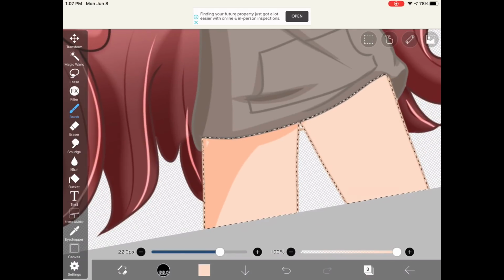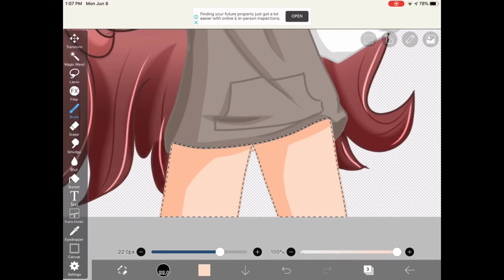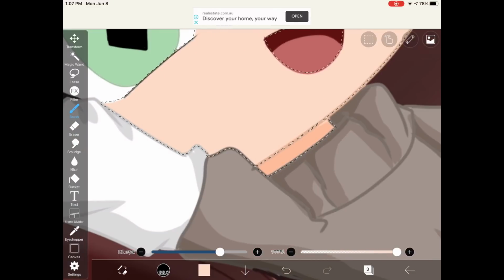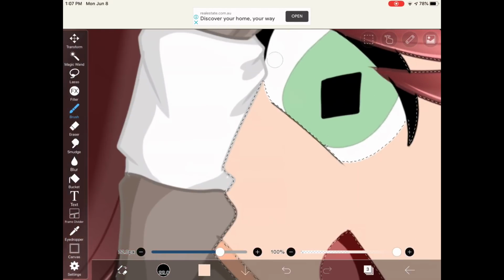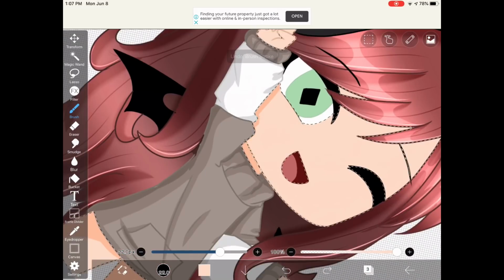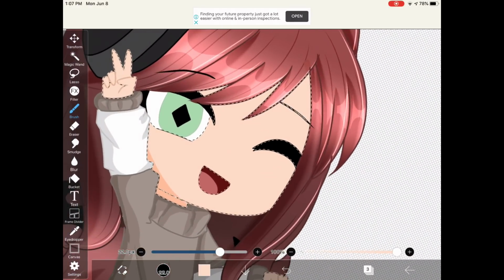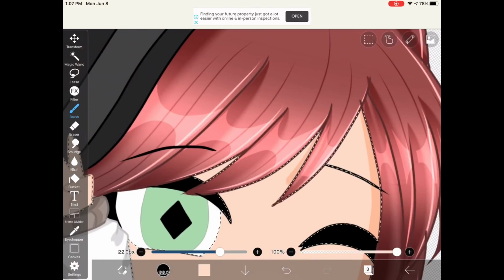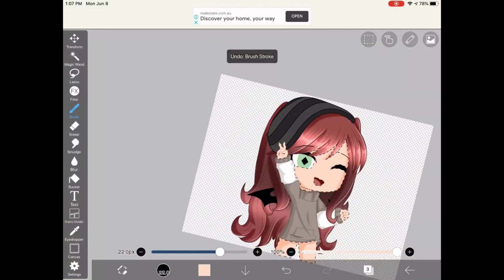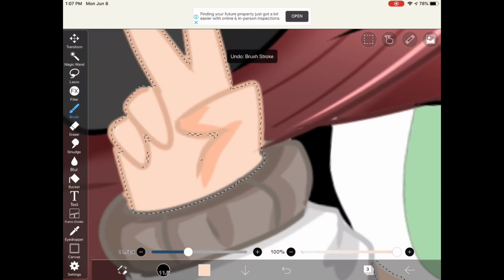The legs, I always follow the same procedure. Just do this. It's like an arc type of thing. And then for the hands, the neck is always colored. And the face, there's always that arc thing again because your face is round. That makes sense. Okay, and then the hair, just a bit of shading. Okay, and then your hands,